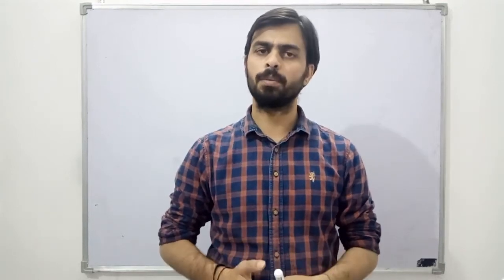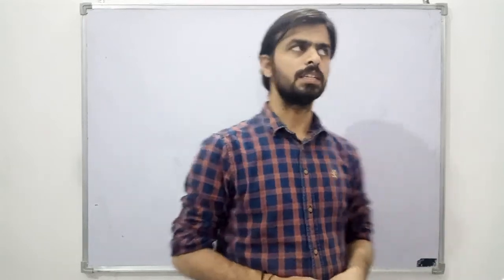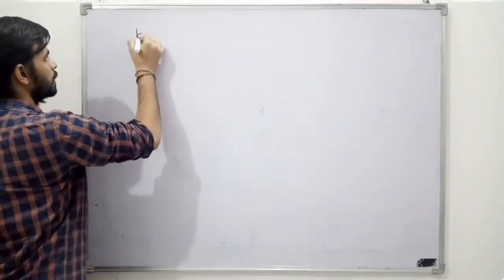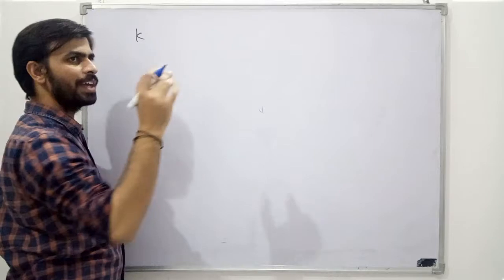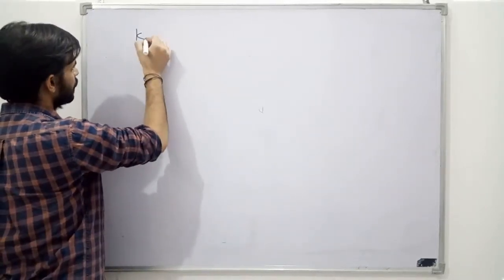Today we are going to discuss some important compounds of d block elements. For example, sodium dichromate, potassium dichromate and potassium permanganate. So let's start with potassium dichromate. Potassium dichromate is prepared from chromate ore and it is very important for the d block elements. So let's start with potassium dichromate having formula